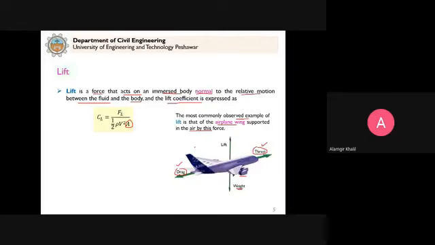And in addition to the drag force, another force is developed in a direction normal or perpendicular to the relative motion between the fluid and the body. And this force is known as the lift force. Clear? So in this case, the commonly observed example is the aeroplane, and flying objects, like the kites that we fly